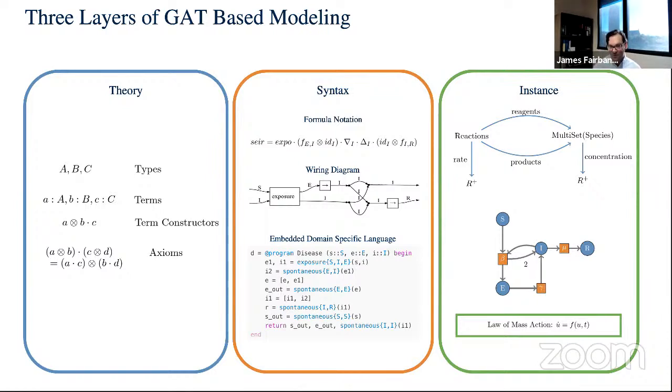So we have the theory, then we have the syntax, and then we have instances where we connect to the Julia data structures and Julia functions. So we connect up to the real world of the programming language where actual computation happens. Everything in the theory and syntax is symbolic computation. And then at the instance level, it's either combinatorial or numeric computation. You actually have arrays of numbers and you manipulate these arrays. So theory, syntax, instance. The instances are like models of the theory.